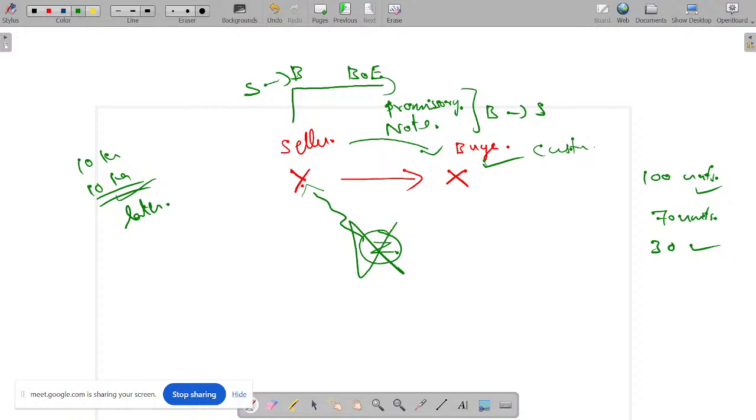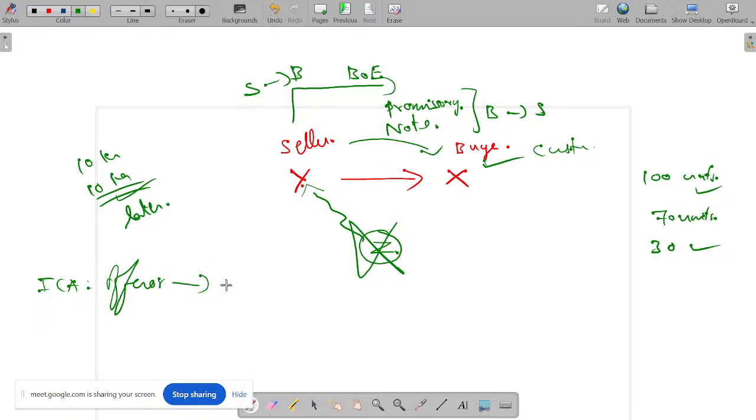More or less the same concept here. It will move from the seller to the buyer. The seller will draw up the note, then it will be sent to the buyer, and the buyer will be accepting it. Okay, we use these terms in the Indian Contract Act, right? We use the terms offerer.